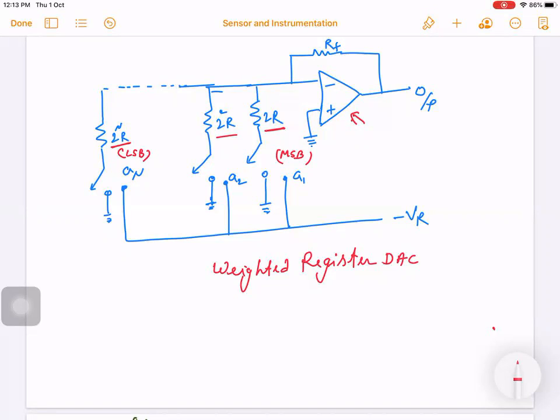Now weighted, why we are saying weighted? Because ये weight दे रहे हैं हम. You can see here 2R, 2 square R, 2 to the power 3R. So weight हम एक तरह से assign कर रहे हैं resistors को. So that's why it is called weighted resistor DAC. ठीक है? Now here you can see